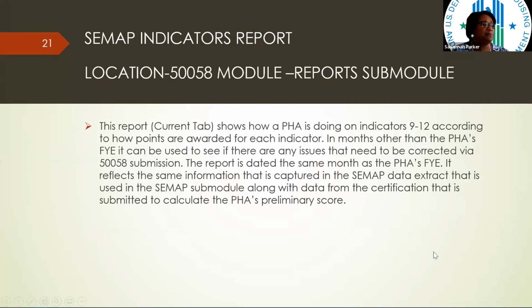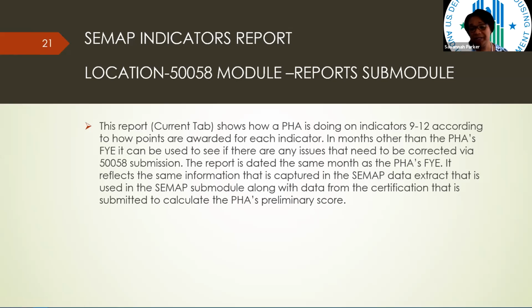Okay, the CMAP indicators report, again, is for housing authorities that have the Section 8 program. If you look at indicators 9 through 12, see what those numbers are showing, and make sure they are reflecting your housing authority's CMAP information correctly. This is really just a report to look at to make sure the numbers are reflecting correctly, and if there are any issues,